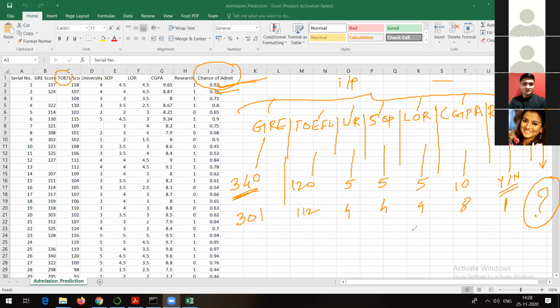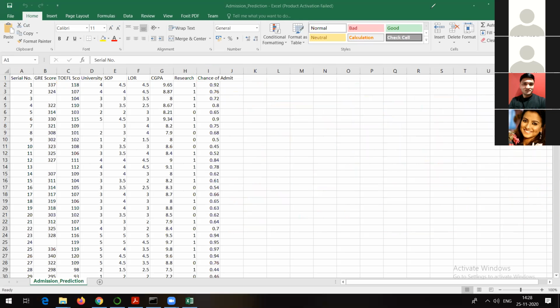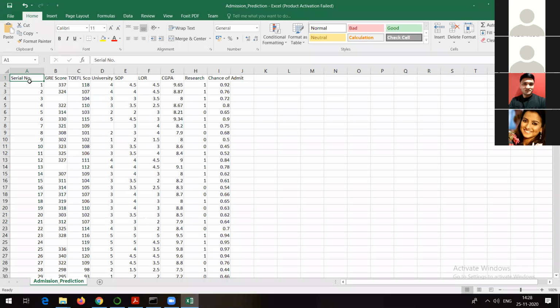So we want to come up with such a model, right? So I will show you first of all how to create the model. Then from that model, how to come up with a web application by using some frameworks. This is what we are going to do now. Okay. Now try to see the data. Just try to understand here. If you just check here, first column is what? First column is serial number, and obviously serial number is not going to contribute anything to the chance of admission. So obviously we are going to drop it. That's what we are going to do.